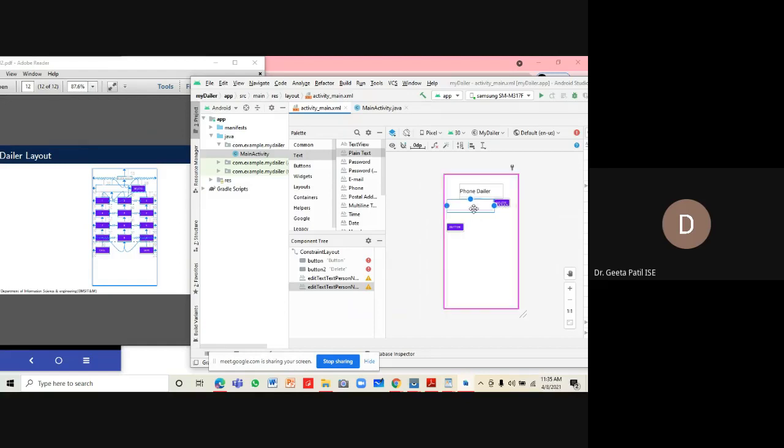If it has a distance of 30, this also has a distance of 30 from there. Okay.